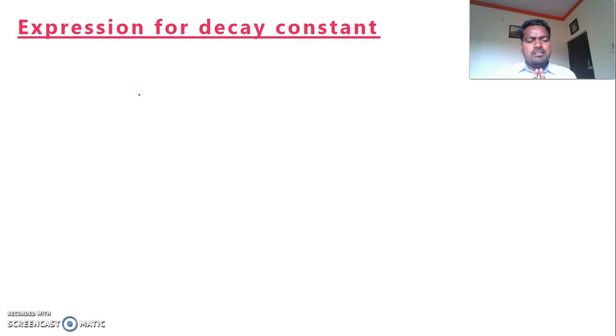Here there is a relationship between time and the amount of radiation emitted by the radioactive element. It depends on the nature of the radioactive element. Not all radioactive elements emit radiation at the same rate; there are different rates of emitting radiation. So now we are going to derive a mathematical expression which relates to the rate of a nuclear reaction.